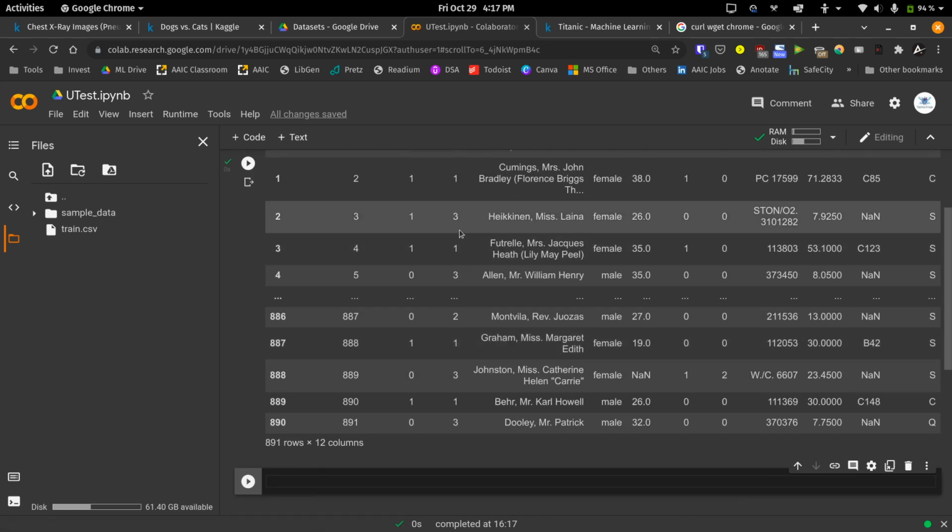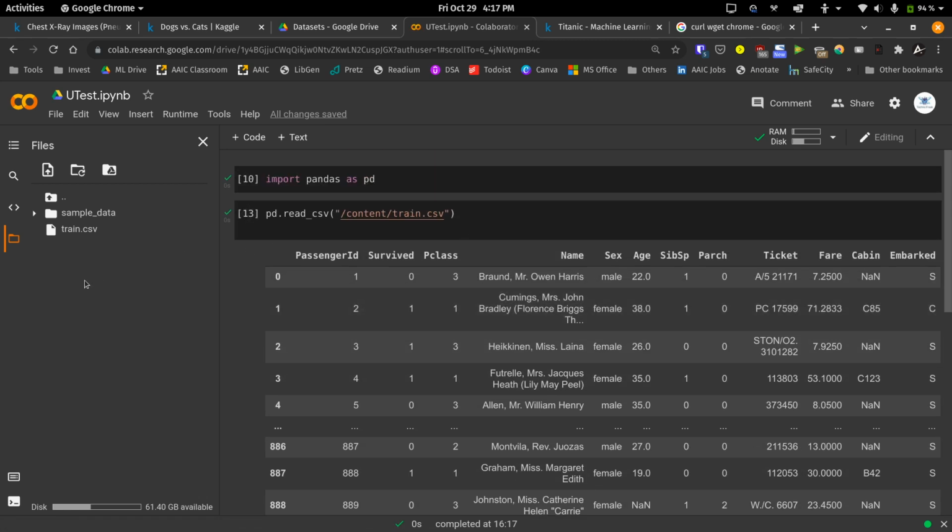So this upload thing is for smaller files. I would say at least files which are less than 150 MB is what you can do here. But the issue with this thing is you need to do it each time you upload a Colab notebook. So it needs to be done repeatedly, and it does not work for huge files. So let's go to the next way how you can do it.